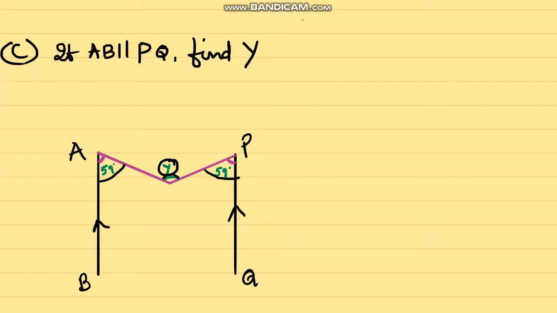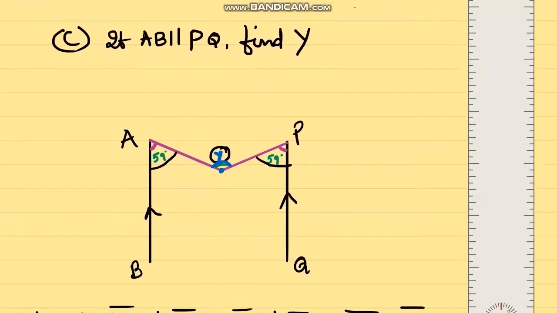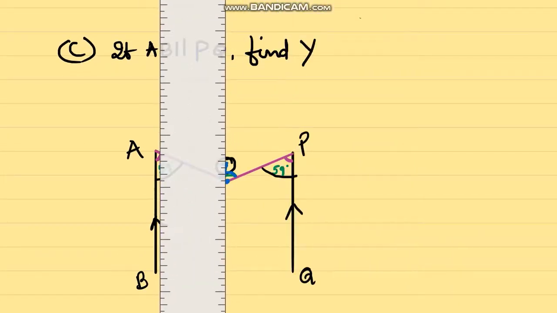Let us see. See, this is the point at angle Y. This is the point from where Y is formed. Angle Y is formed at which we can see Y angle. Now at this point, we have to draw a line which is parallel to AB and PQ. So let us draw a line from here which is parallel to AB and PQ, and children, you can see how I am drawing.